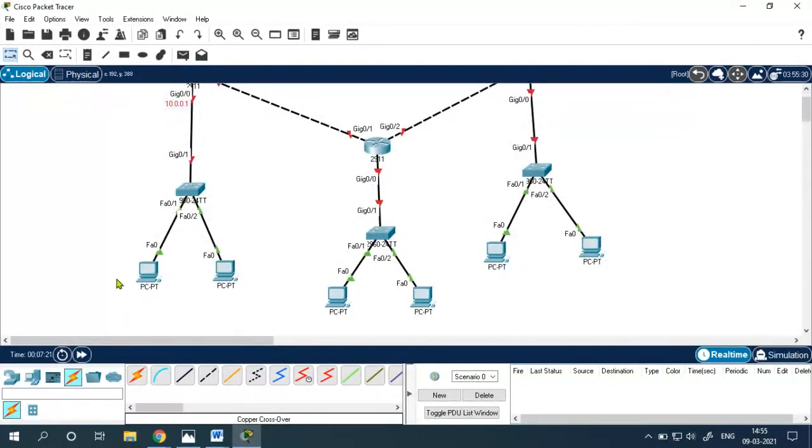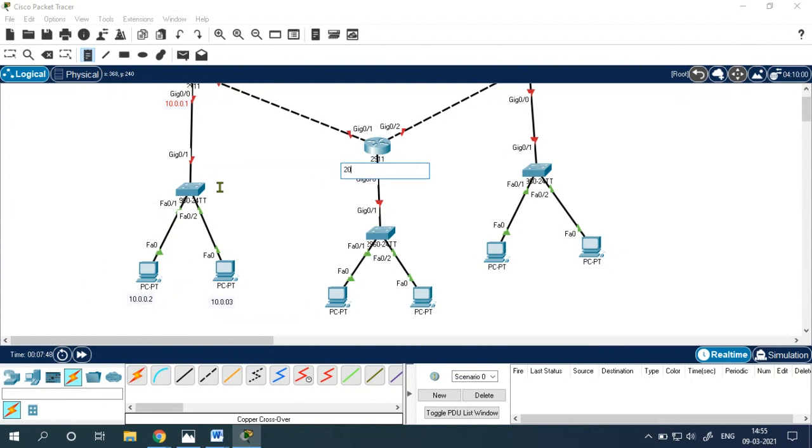And the first PC in this network is PC1. So I'm going to provide the IP address 10.0.0.2. Similarly, for this PC, I will give 10.0.0. I'm not configuring, don't be confused. I'm just taking a note so that I may not forget when I configure.